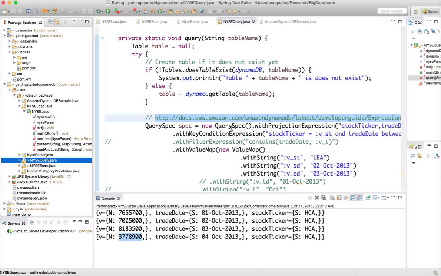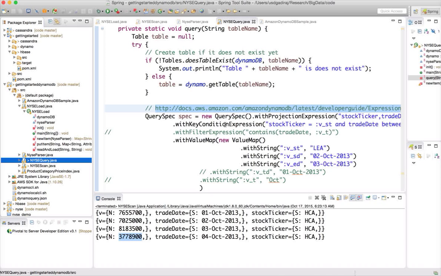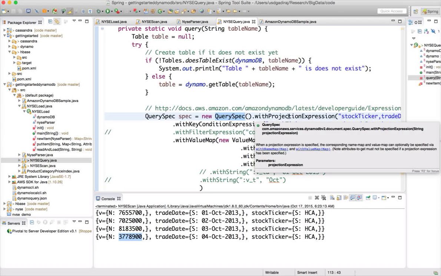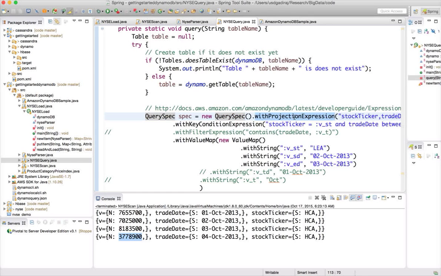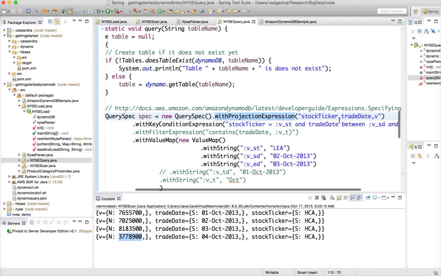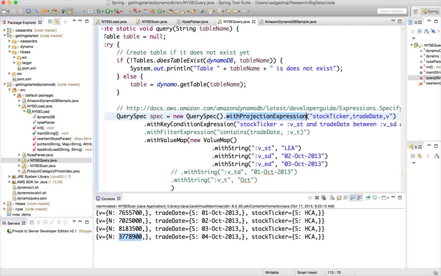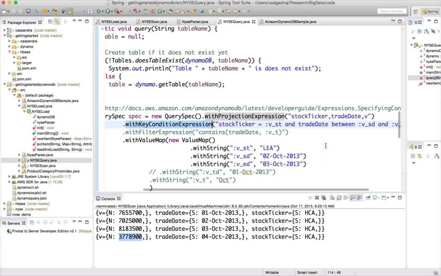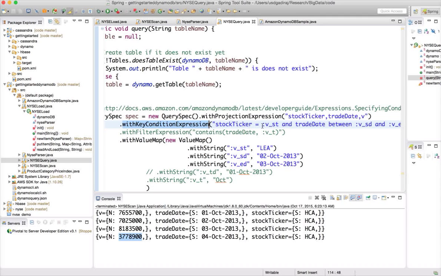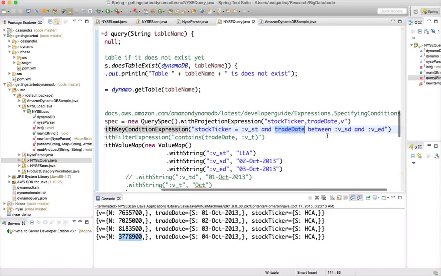Whereas with query spec, if you look at the main difference, the query spec also starts with different methods. You can apply these methods which start with "with" in any order. In this case, I started with projection expression, so I'm trying to fetch stock ticker, trade date, and volume, and then I'm trying to apply key condition expression. What I want to do is apply filter conditions on stock ticker and trade date, and fetch